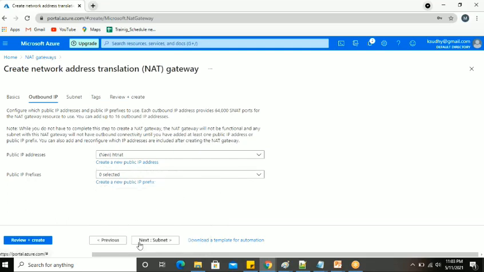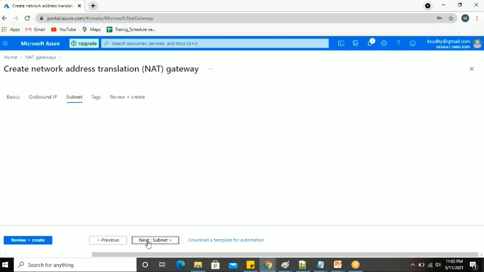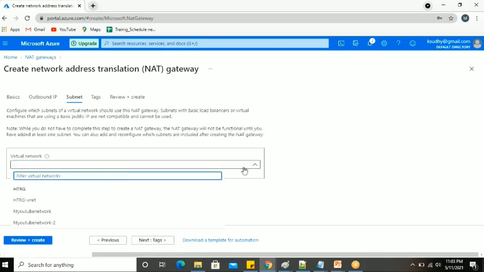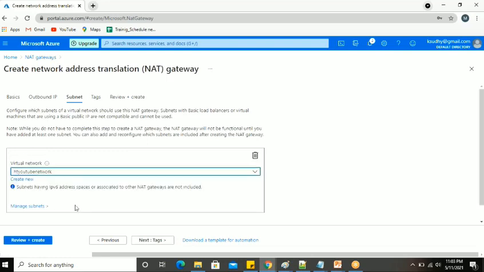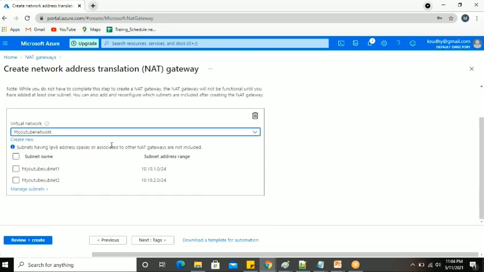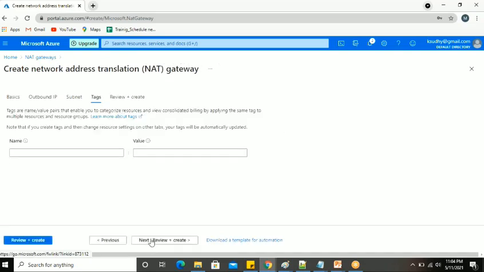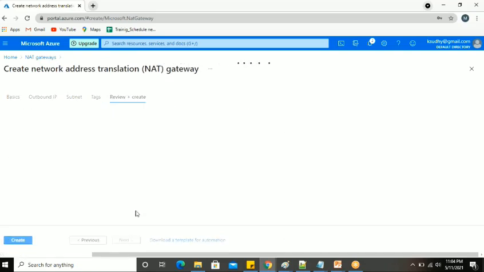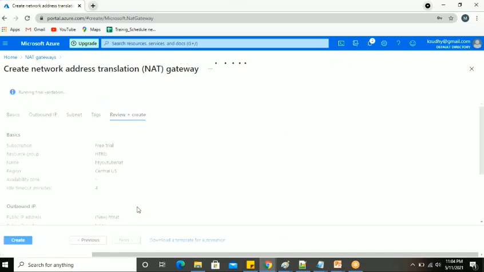The IP address we are creating, and then there is a subnet we are creating over there. So under which subnet? Here, in which network do you need a subnet? Under which network you need a subnet, you are going to set the subnet. So my second subnet I'm going to use this, and next tags, then review and create, because my second subnet only contains the second virtual machine without having the public IP. Okay, so the second subnet I'm going to create here.